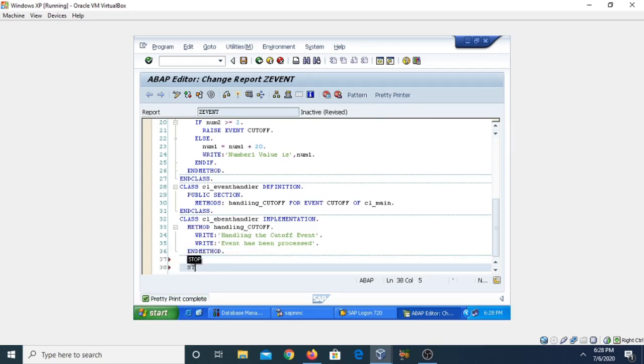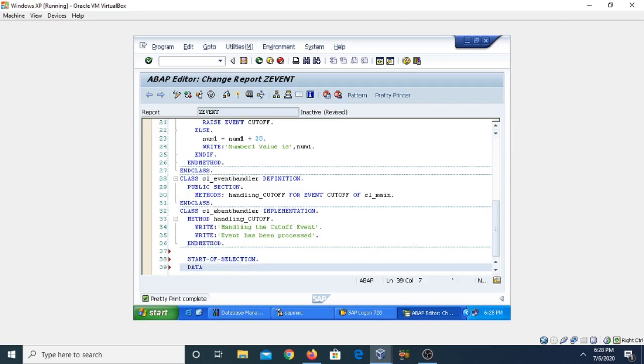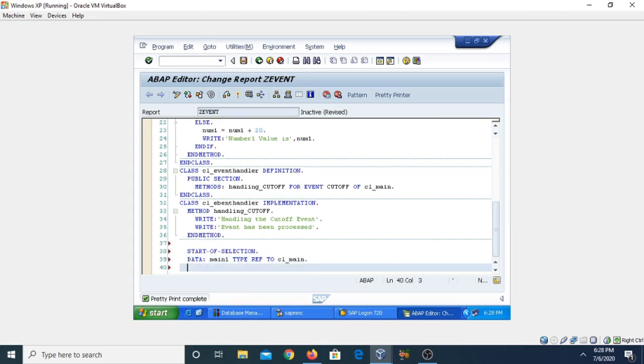Now the main program, and the main program always starts with the start-of-selection event. In this case we are going to create the reference variable of the main class. So this is main1, type ref to, and the class name was cl_main.